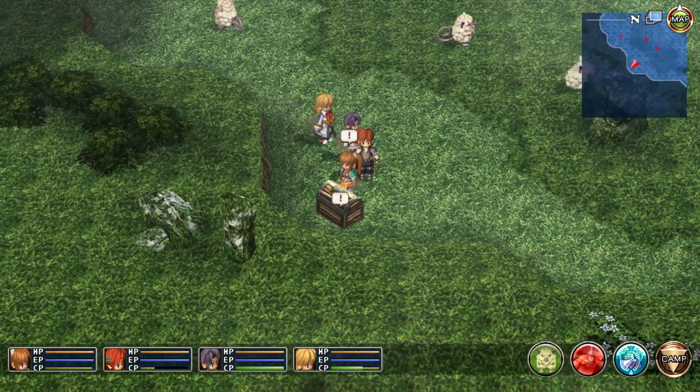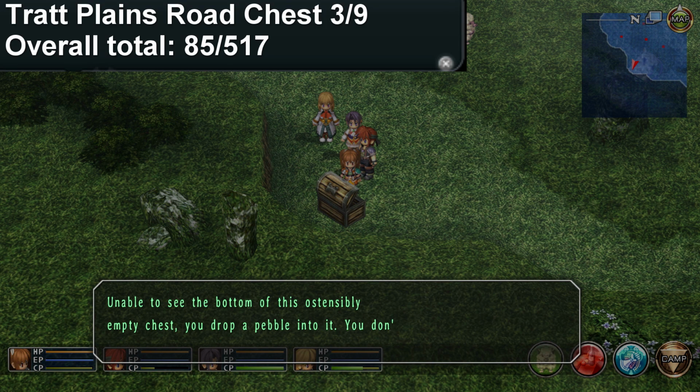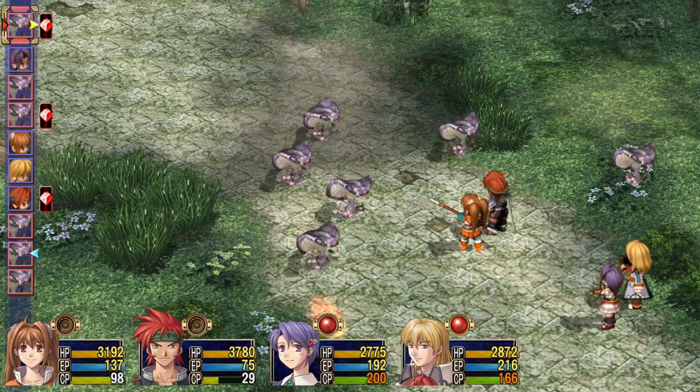But anyway, this is sheep territory, but in here we get a Terra Balm. Unable to see the bottom of this ostensibly empty chest, you drop a pebble into it. You don't hear it hit the bottom. Probably best to leave. I believe there was a monster chest around there in the last game, but...